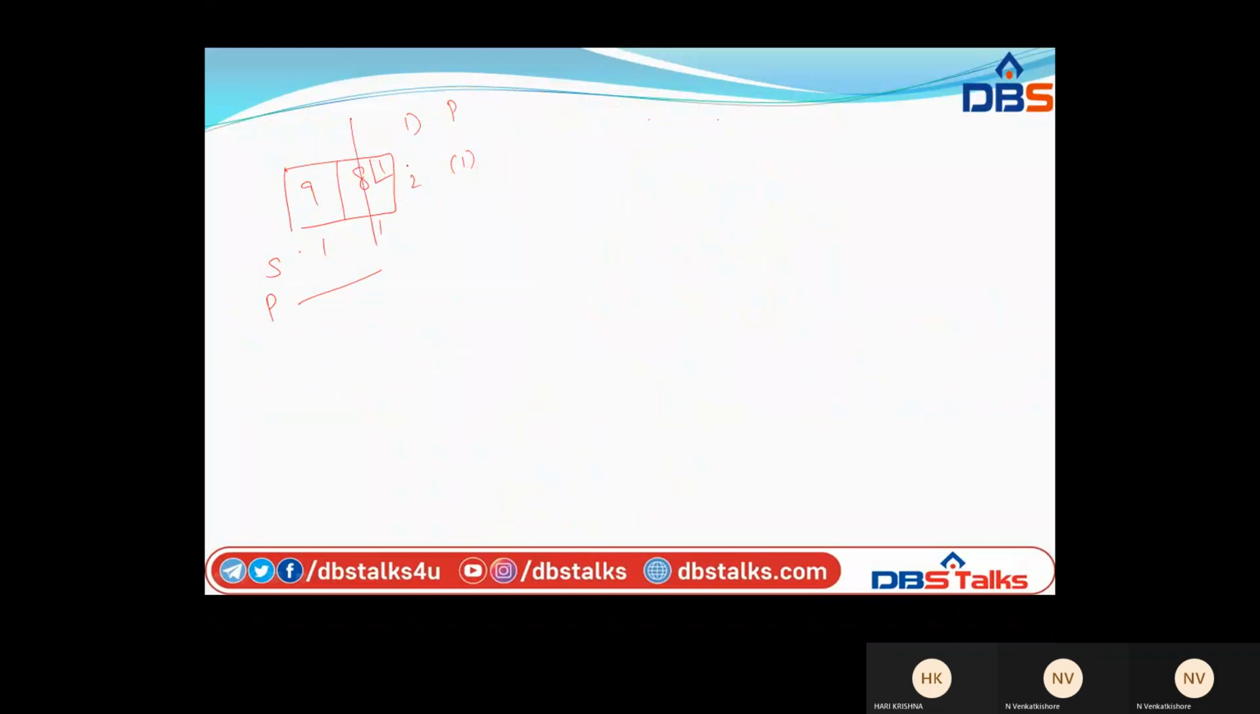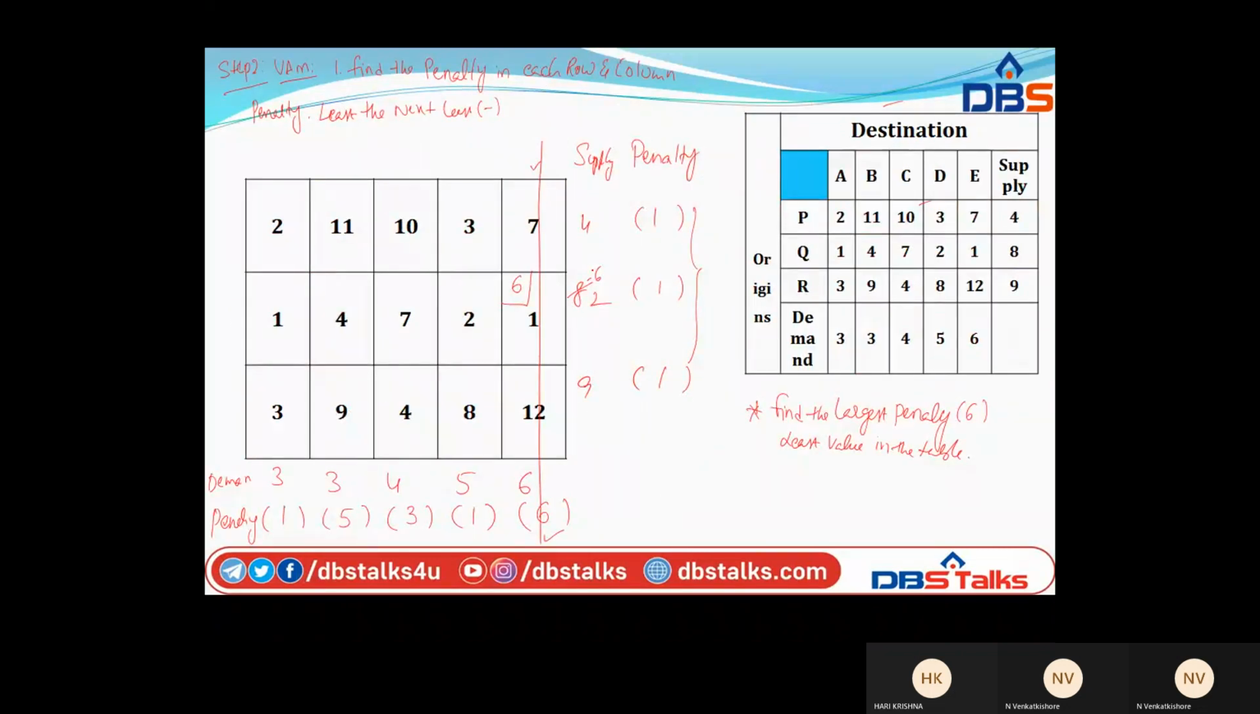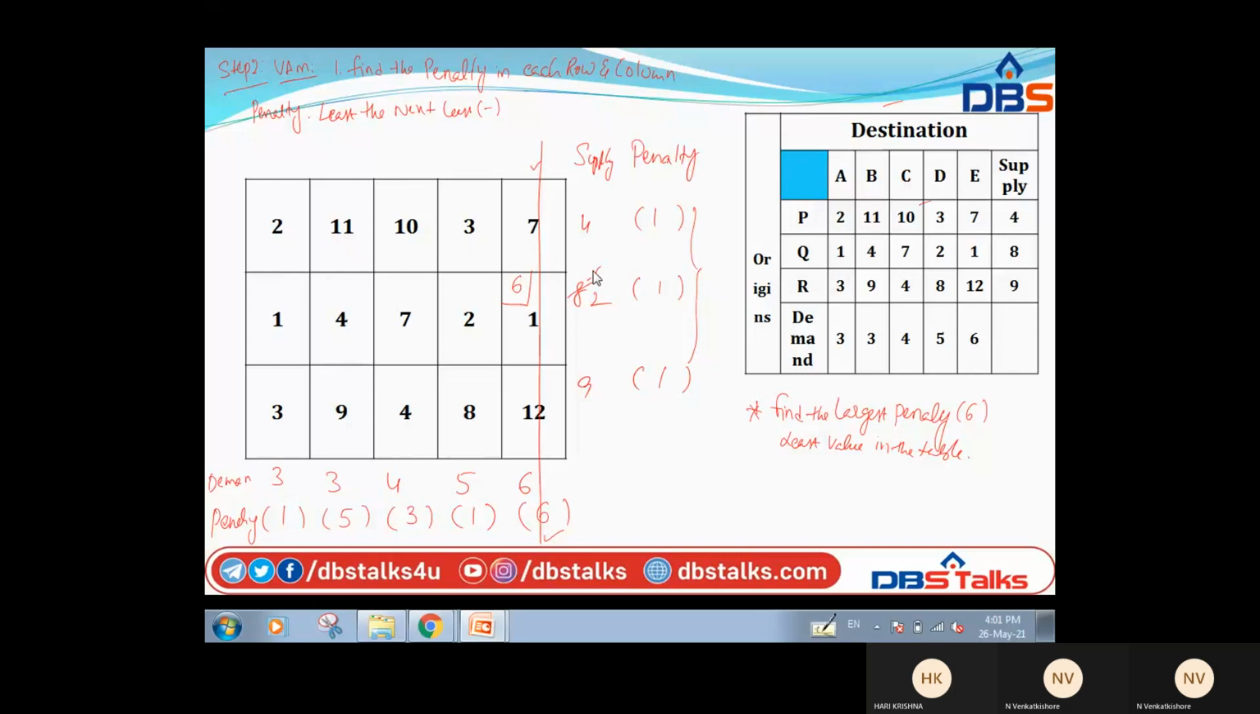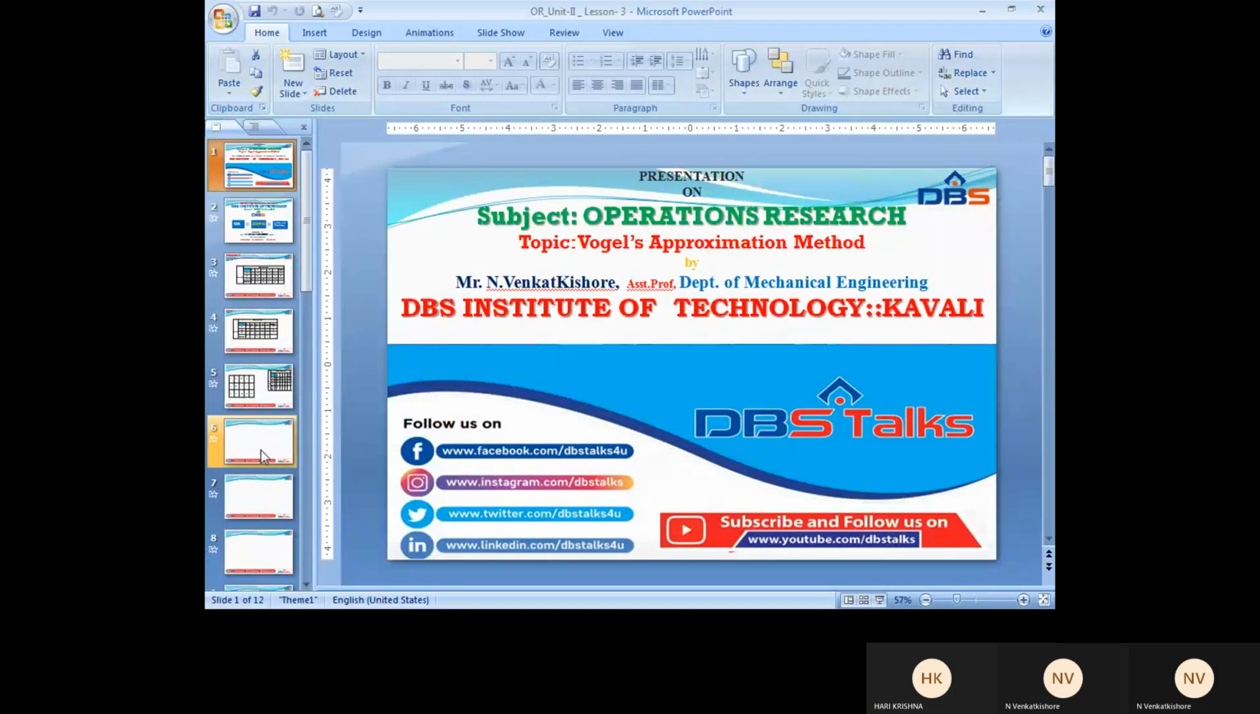9 is there. This is 1, 1. So finally, 1 is there in both. Now, with the following, what is the final thing? 2, 11. What is the cells we are having? So from this,